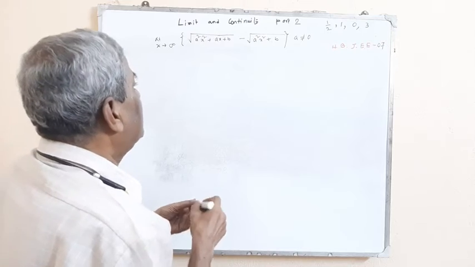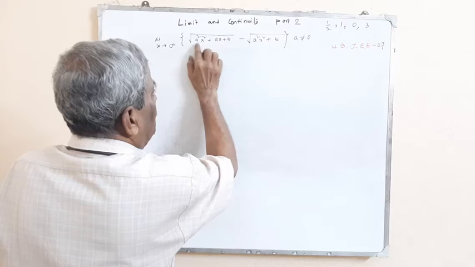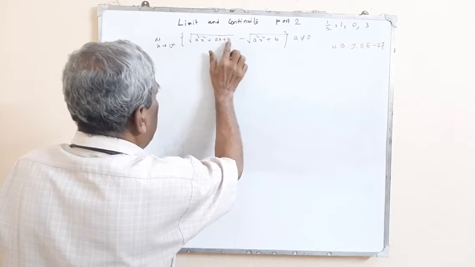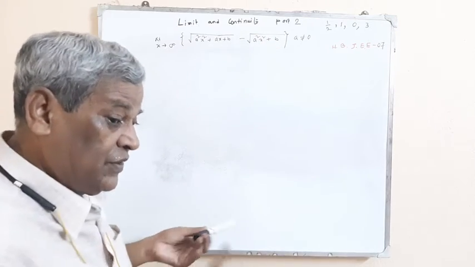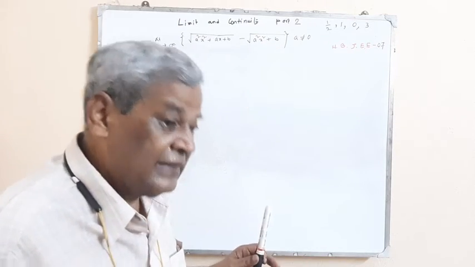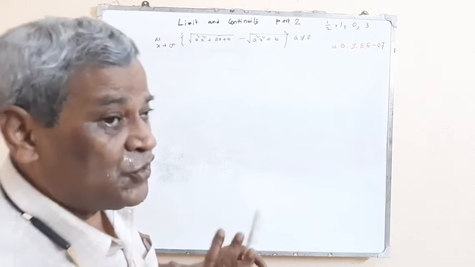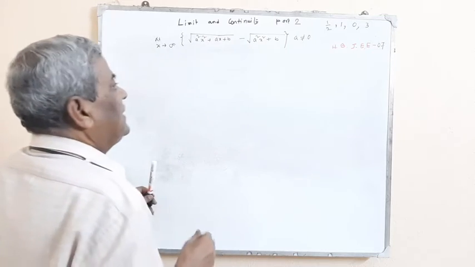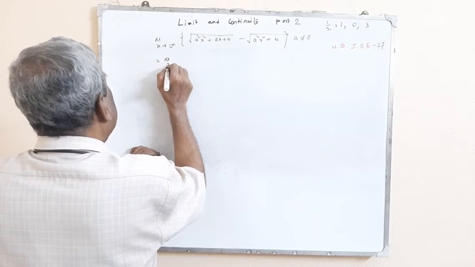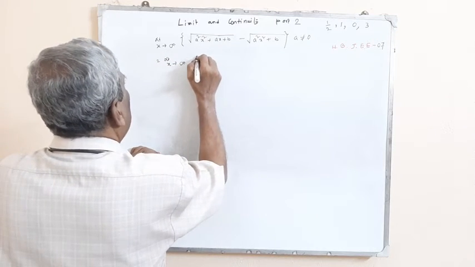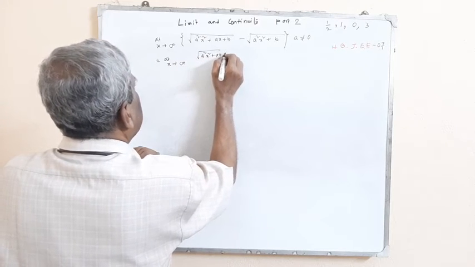So by putting x is equal to infinity, given that a is not equal to 0, this becomes infinity, this is infinity plus b. So root infinity is infinity, that is also infinity. That is infinity minus infinity, which is not defined. For that purpose, rationalize it. It would be equal to limit x tends to infinity root over of (a square x square plus ax plus b)